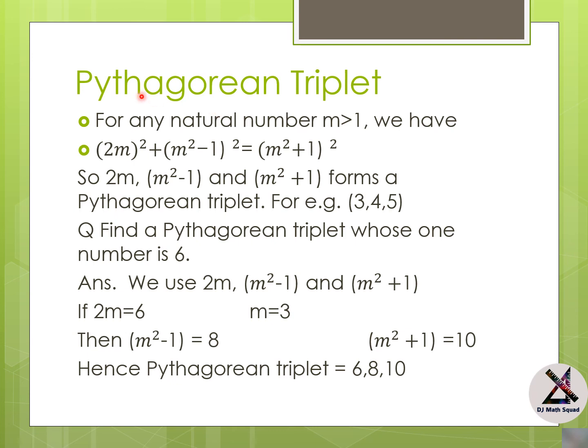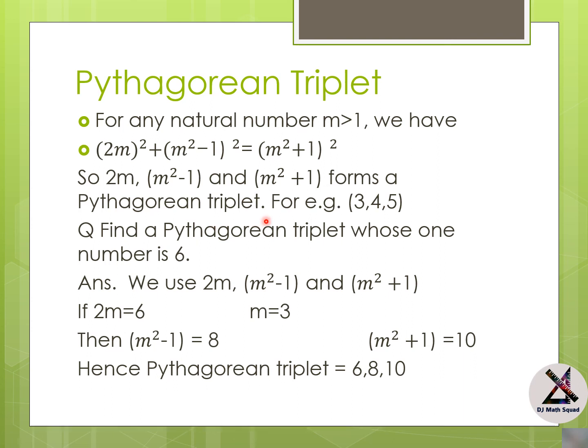Then we come to a very important concept, which is the Pythagorean triplet. For any natural number m greater than 1, we have (2m) square plus (m square minus 1) whole square equal to (m square plus 1) whole square. This is related to your Pythagorean theorem, right? So if this is the condition, then 2m, m square minus 1 and m square plus 1